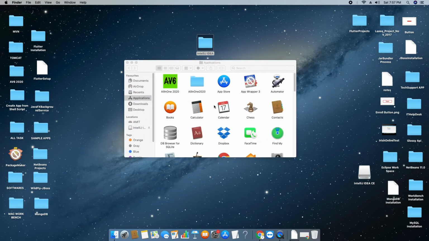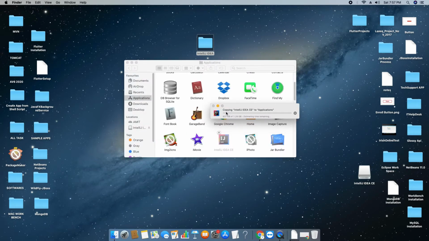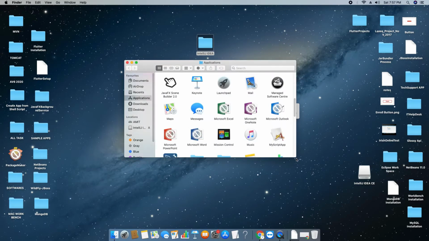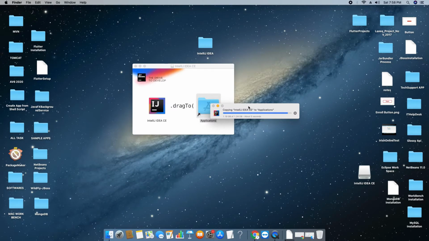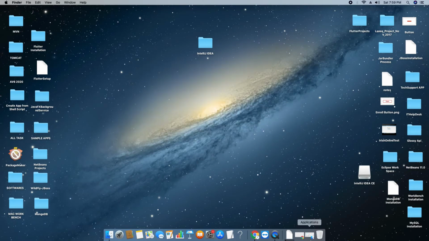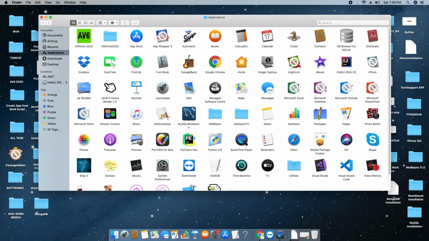Now this will open the Applications folder, and very soon we will see a progress bar that will copy the application inside the Applications folder. So the IntelliJ IDEA installation has started. The progress bar is running, and this will take 10 to 15 seconds to complete. Okay, it's done. Now we are good to go to launch IntelliJ IDEA.